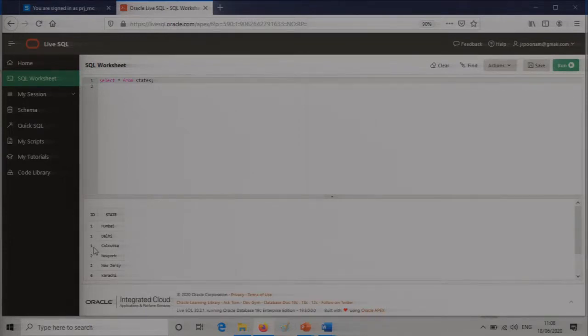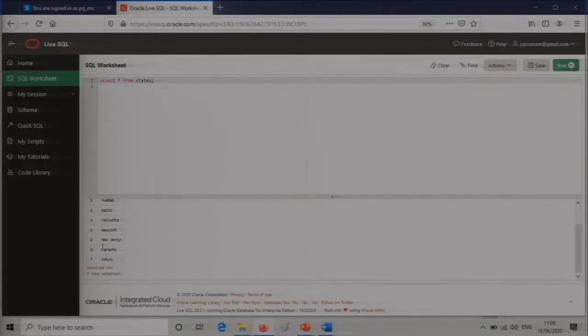So can you see? The ID 1, which was for India, has Mumbai as the state, and Delhi as the state, and Calcutta as the state. 2, which was for US, has New York as the state, and New Jersey as the state.